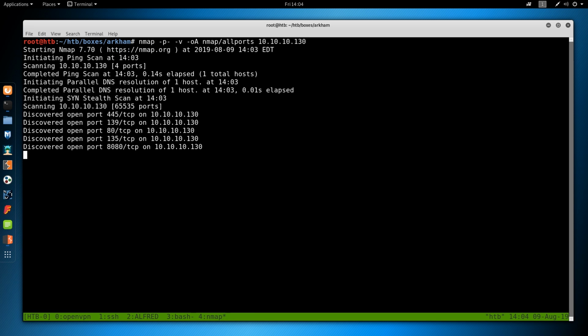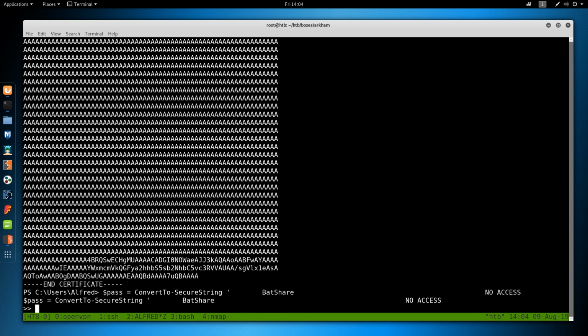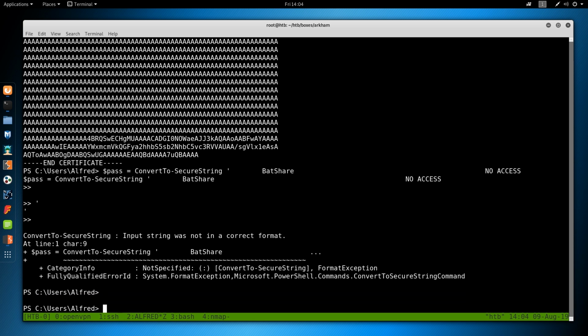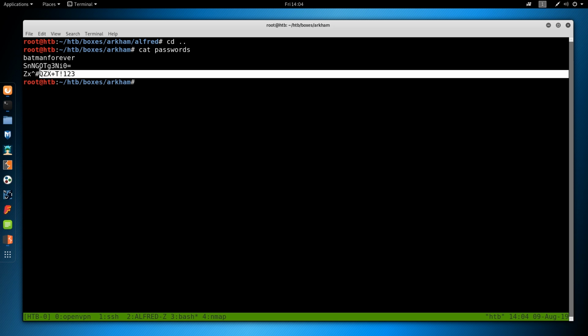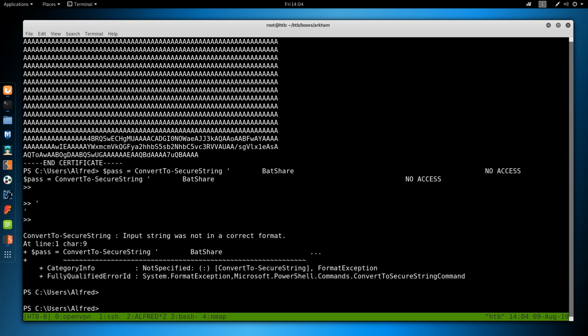And then while this runs, let's just try something over here. So let's try $password is equal to ConvertTo-SecureString. Oh, crap. Okay, let's cat credentials or cat passwords. Grab it. Go back to Alfred and let's run this command again. So what we're going to do is